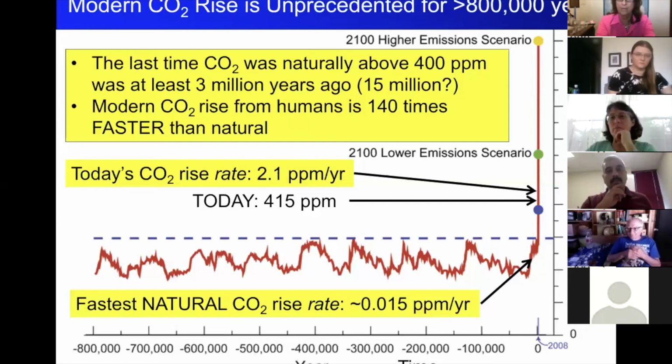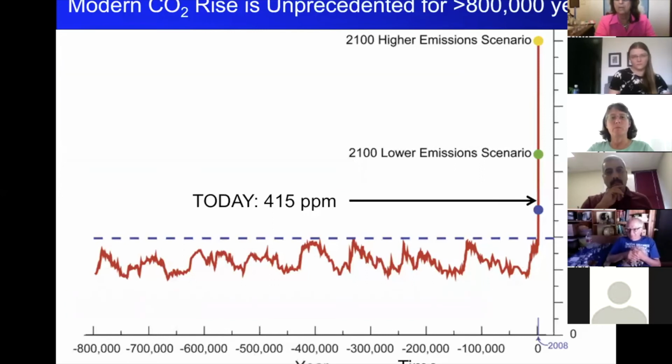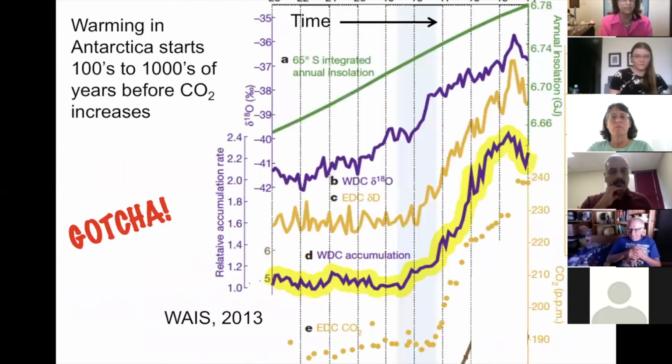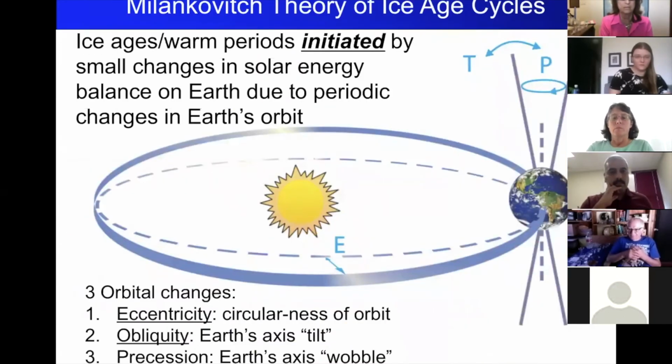Although you mentioned that modern CO2 rise is from humans, we know all that, but starting from 800,000 years ago, we have beautiful cyclic patterns up to today. Is there any natural explanation? Yeah, so what's causing those natural changes is small changes in Earth's orbit around the sun,